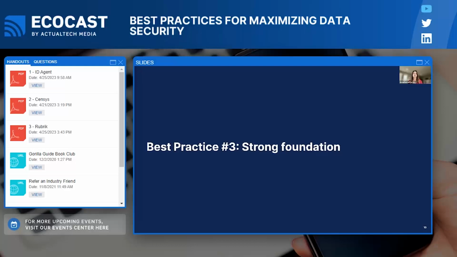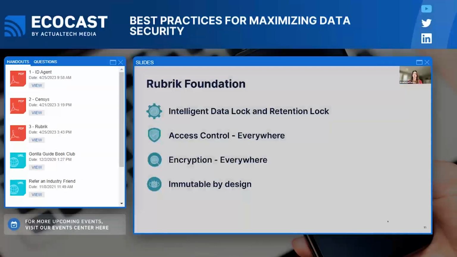So the protection that Rubrik Security Cloud offers begins with a strong foundation to secure your data from any insider threats or ransomware with air-gapped, immutable, and access-controlled backups. And that foundation includes intelligent data lock, retention lock, access control at every level, logical air-gapping, encryption everywhere, and it is immutable by design. And so this first piece of thinking about protecting your data with the right foundation is